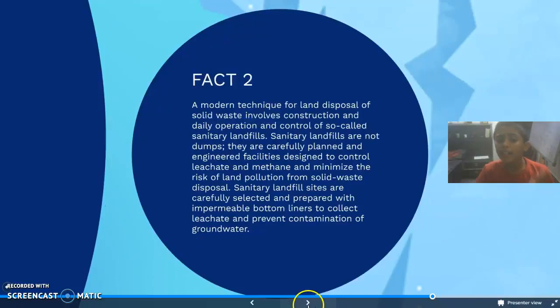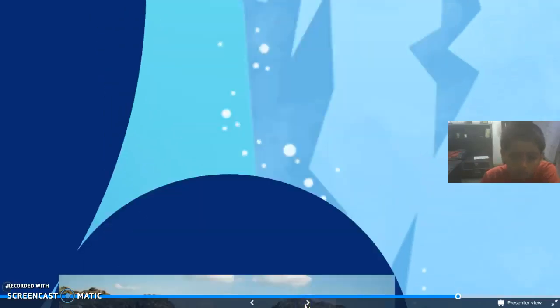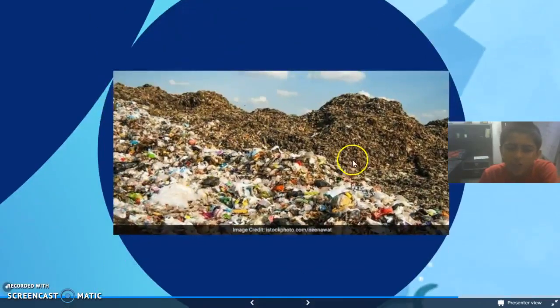A modern technique for land disposal of solid waste involves construction and daily operation and control of so-called sanitary landfills. You can see how the landfills dump down the land.